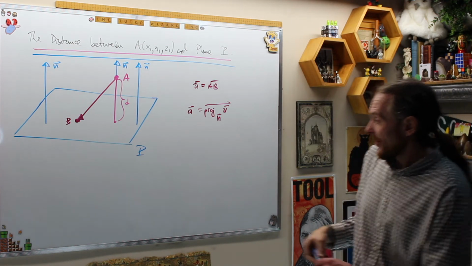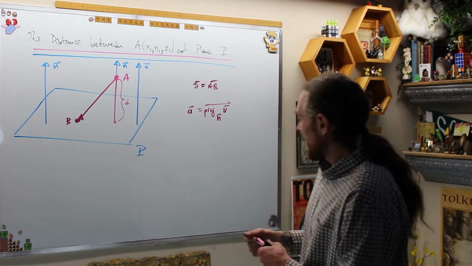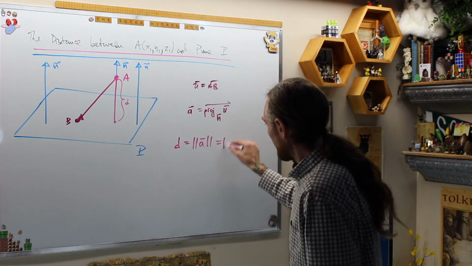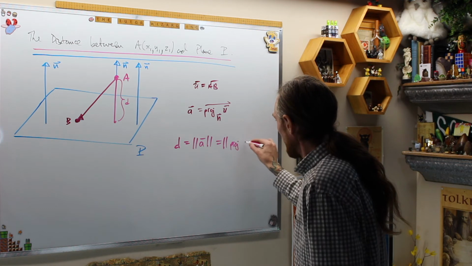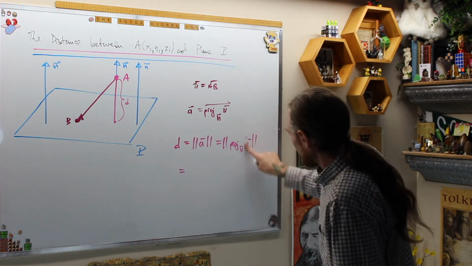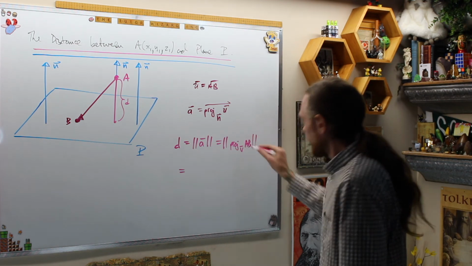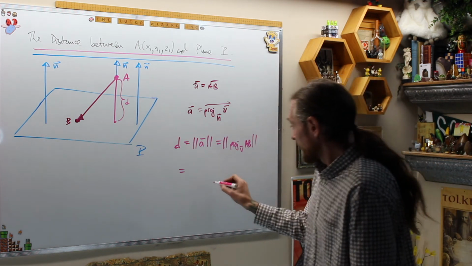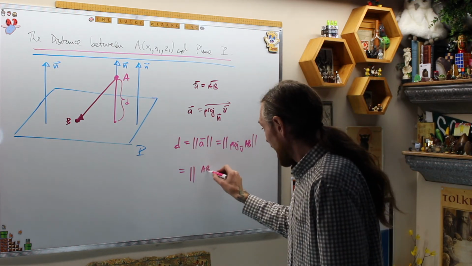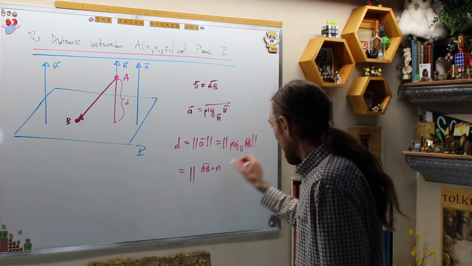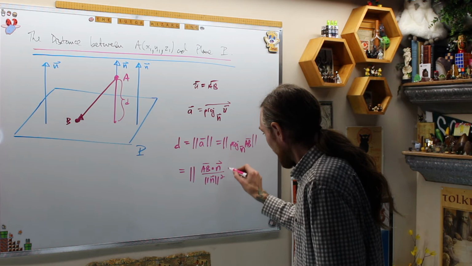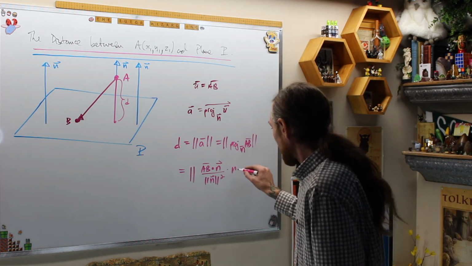Then what that says now is our distance, which was in pink, apparently not blue, D, is equal to the length of A, which is equal to the length of the projection of U onto N, actually let's keep that as AB, which is going to be what? That is the length of, how do I find the projection? That will be AB dot product N, over the norm of N squared, times N,